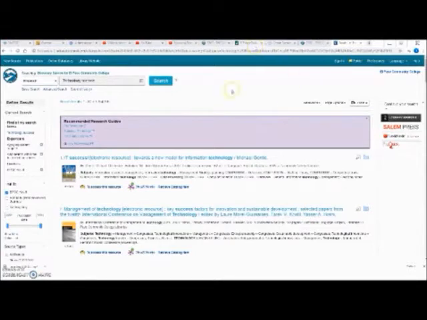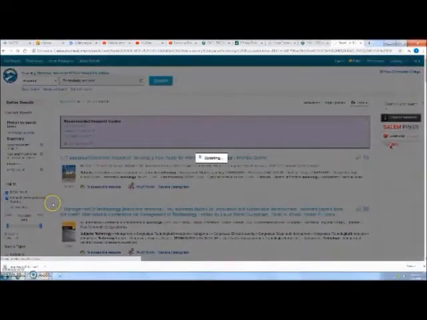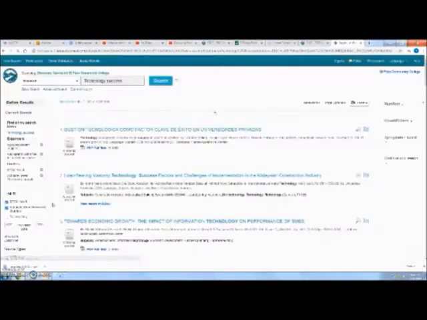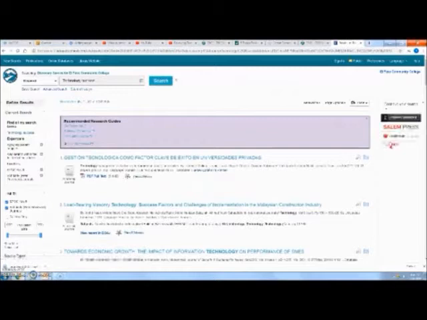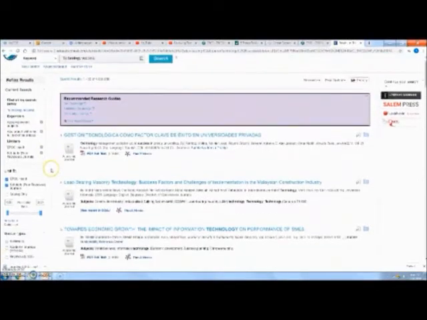Now look at the search results. There's over 5 million results. That's way too much to look through in the time frame we have or in general. And also some of these are not academic articles. So first, if you look on the left, you want to select this checkbox right here, scholarly peer-reviewed journals, because that'll narrow it to give you results only on scholarly journals.